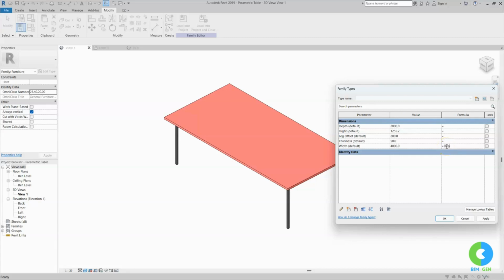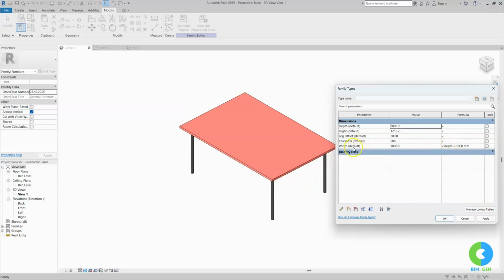I will give depth. We want it always 1000 mm greater than depth, right? For that we are going to add 1000 mm extra to the depth. I will assign the addition function and a value for how much greater than depth. We want 1000, so I will assign 1000 and click on apply. Now you can see I assigned a formula for width. If I change depth here to 3000